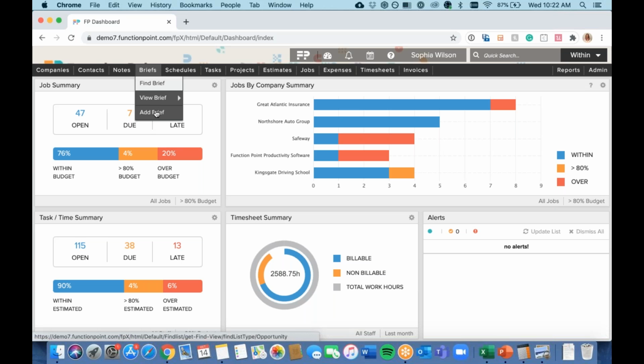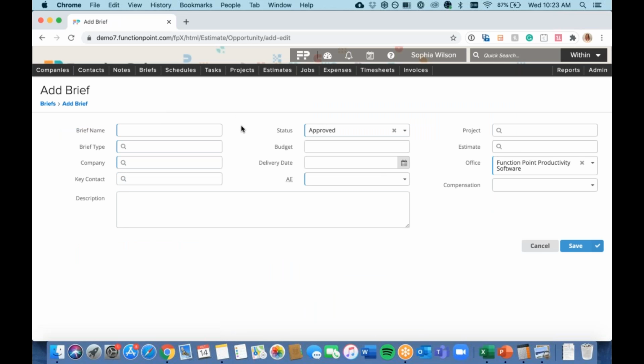So to get us started, I'm just going to show you, again, very basic through our main navigation bar here in Function Point, going ahead and just adding a brief. So, you know, this could be an opportunity here. I actually have that creative brief that we were just showing previously set up already as a template here in Function Point so that we can take a look at how that's going to look directly in here for you. So I'm going to go ahead and just create a brief name. It's like webinar